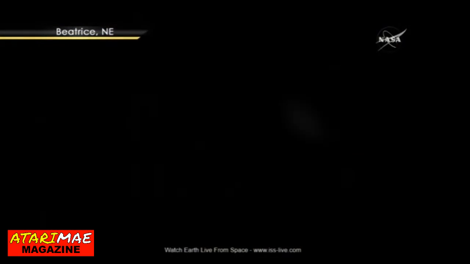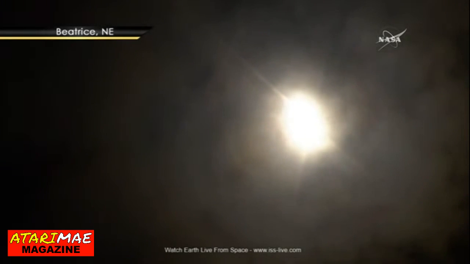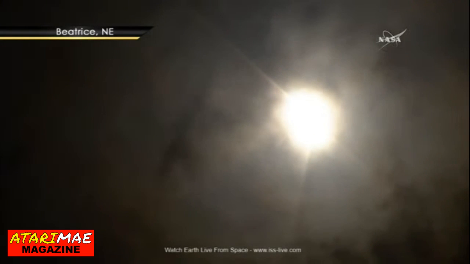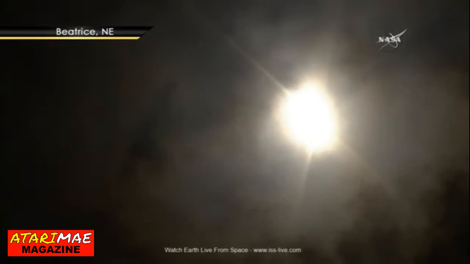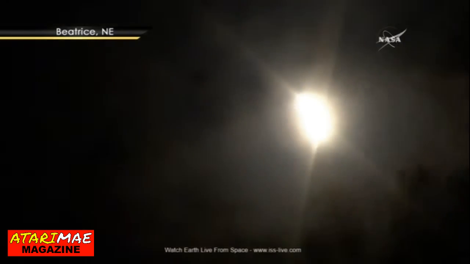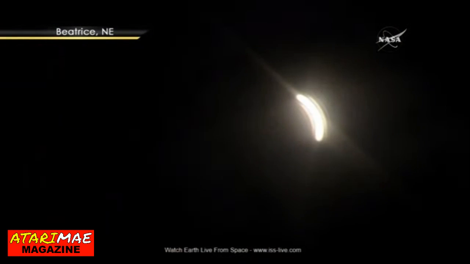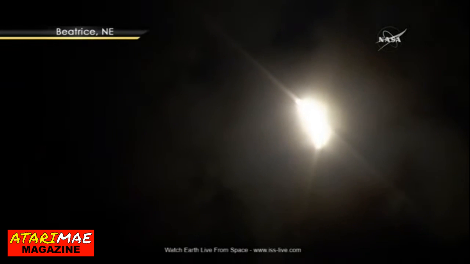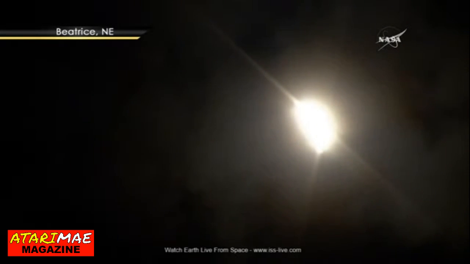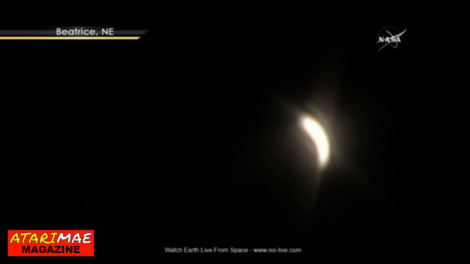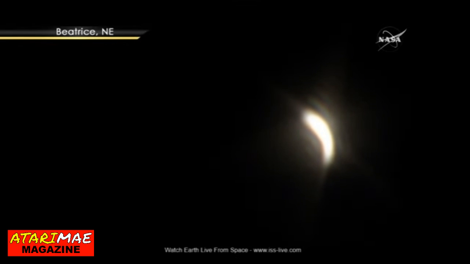And of course, the diamond ring you see because the moon is not a totally smooth sphere. And so you're seeing little spots of light peeping out between the craters on the moon. And my goodness, I'm sorry, I'm so excited. It's incredible. Yeah, it's hard to convey the excitement of the energy. There are 10,000 people on the prairie here at the Homestead National Monument of America, and the energy is just amazing. A lot of them have been here since 6 o'clock this morning, and the atmosphere has been incredible. Everybody is happy, and it has just been amazing.